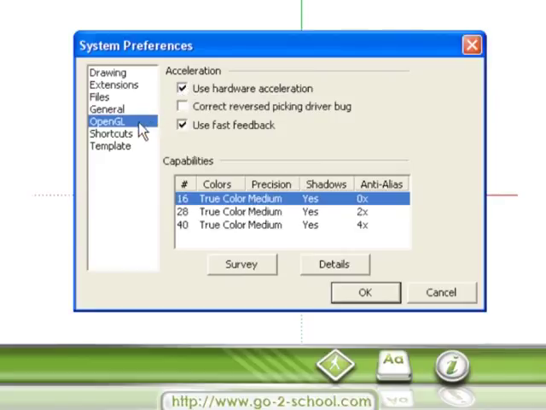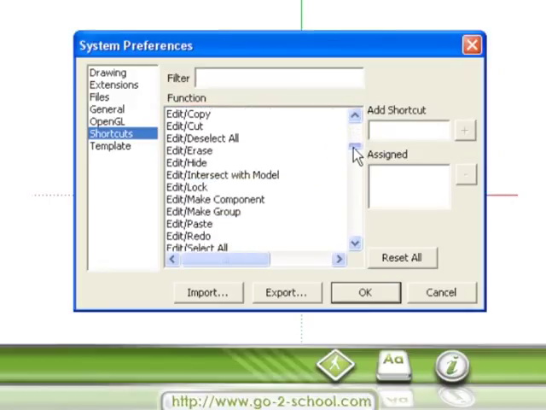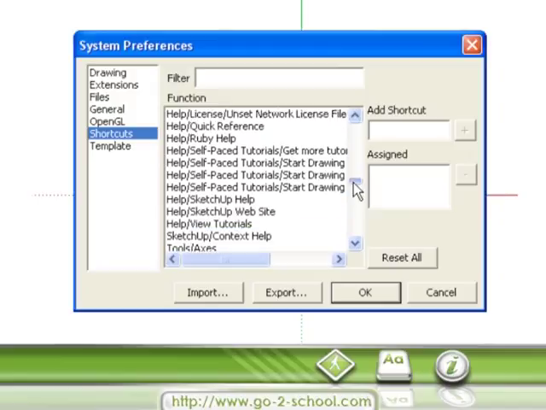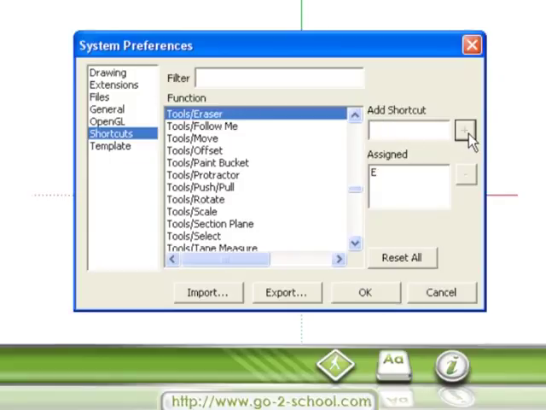Shortcuts are the key to modeling efficiently and rapidly in SketchUp. You're able to define your own shortcuts to select tools, commands, and menu actions while modeling in the program. Everyone's got their own preferences, but we like to set our shortcuts based on some of the prevailing commands used in other popular design software. It's just easier to remember that way. You can download our shortcuts directly from the school website and then use the import button here to install them